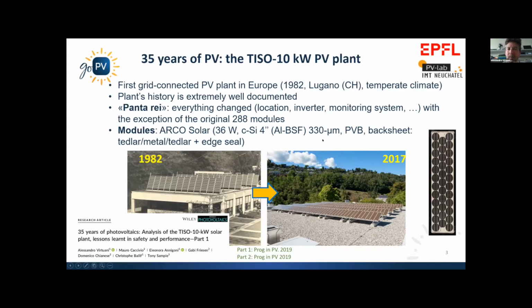36 watts, relatively conventional 4-inch crystalline silicon technology, relatively thick, and with a very robust module structure. These modules were made, of course, with glass, but they had a very robust backsheet, which was a Tedlar-metal-Tedlar sandwich, plus also an edge seal. So I would say that this structure is more similar to the structure of a glass-glass module than that of a conventional glass-foil module. And I just have one more slide about this work, and it's the main outcomes,